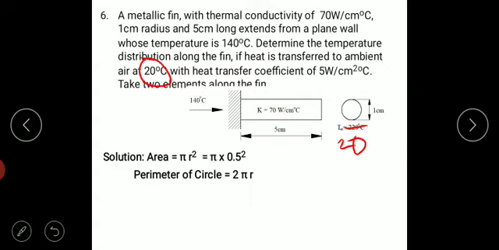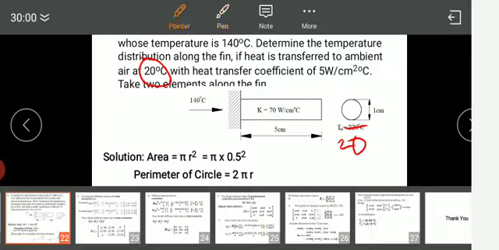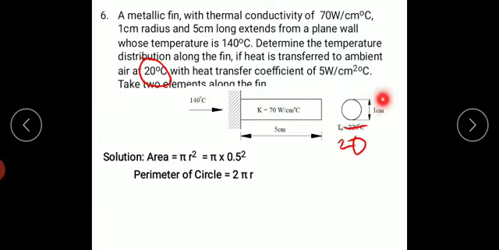Okay, solution. Before the solution, the area here I can't take as 1 because he has given the circle with the diameter. Am I right? So you are not supposed to take the area as unity because he has specified the circle with diameter. I know pi r square. Okay, pi r square or pi d by 2 whole square. However, pi by 4 d square, however you can write here.